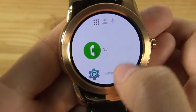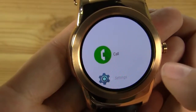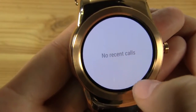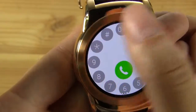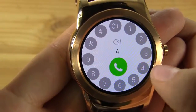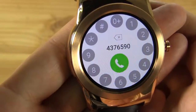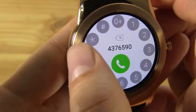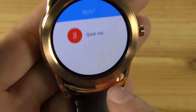Now, if we want to head in to take a look at some of the apps, one of the new things that's available here is Android Call. So let's just hit Call. No recent calls. There's some of my favorites. And then we have this circular dialer where we can just type in the numbers. So this is actually new here on the Urbane. Something else that's new in Google, if we decide to take a note,